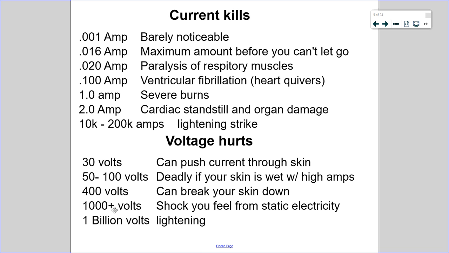But because it's so short lived, it doesn't do that much damage. It just hurts. It just shocks you. And then about 1 billion volts is a lightning strike. So when you couple a lightning strike with the amount of amperage that's in a lightning strike, you can understand